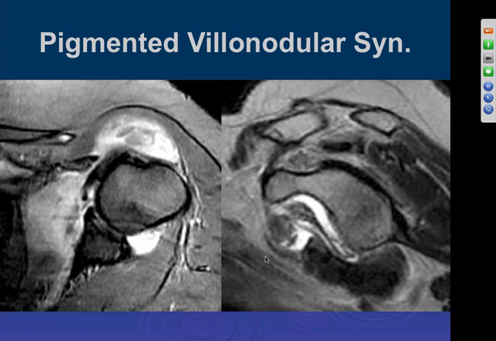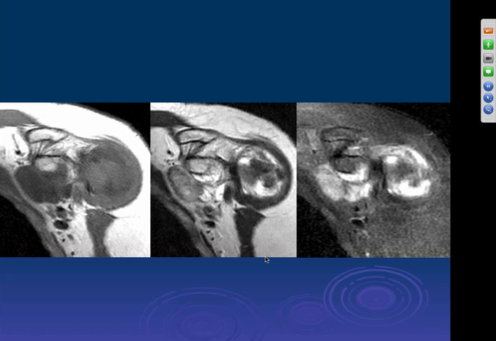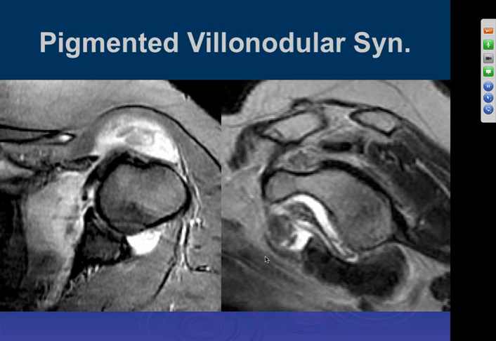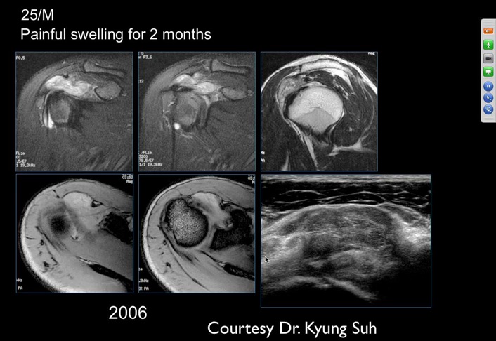Sorry about that. Okay. So this turned out to be pigmented villonodular synovitis in the subscapularis bursa. Okay, Philip. Painful swelling for 2 months. So let's see, there's a lot of fluid and synovial thickening within the biceps,